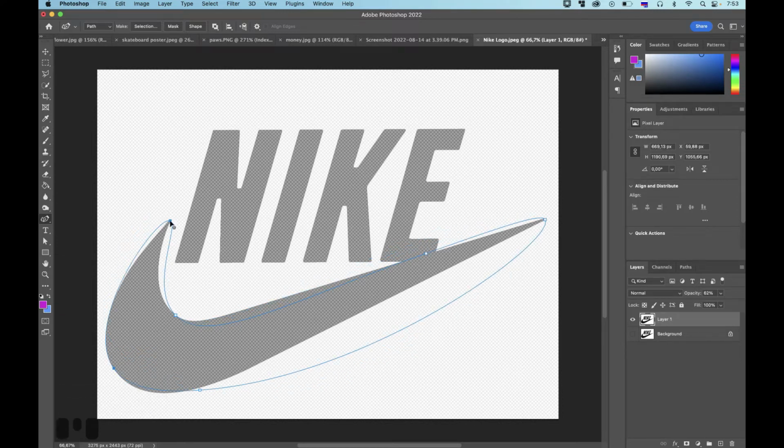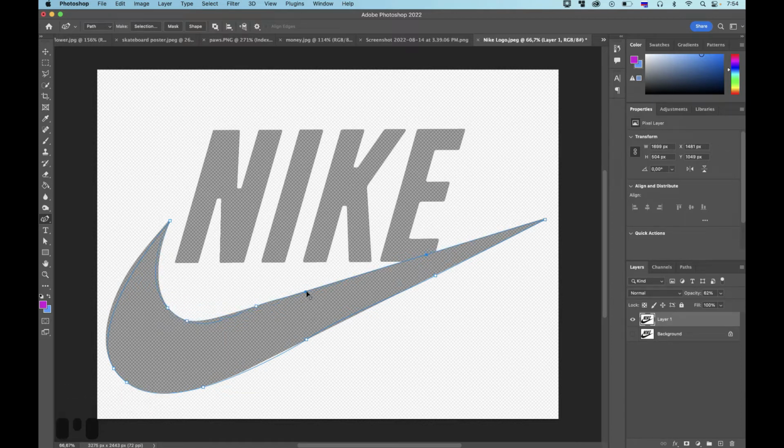To switch between curves and corners, just double-click a point to switch between smooth points and corner points. And the second right over here. Double-click. To create more points, click on the path and drag the points. Just like this. We create new points and just simply doing like that, we can create something like this.